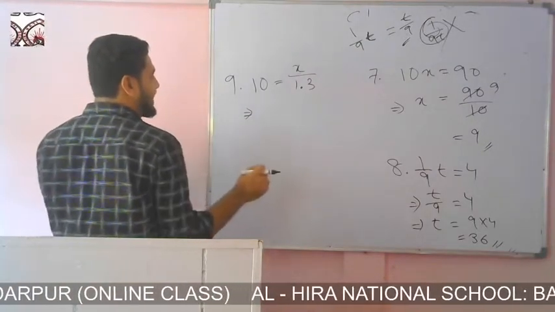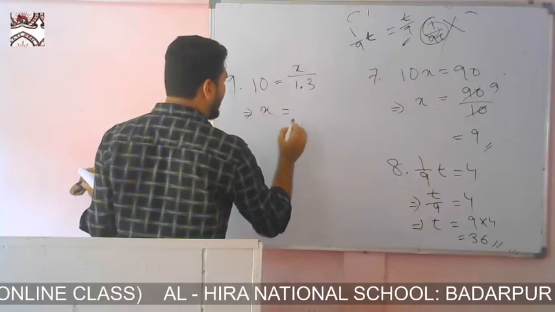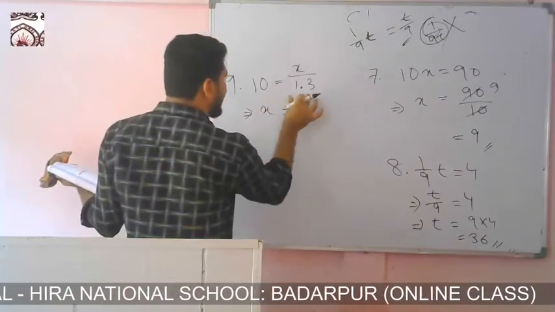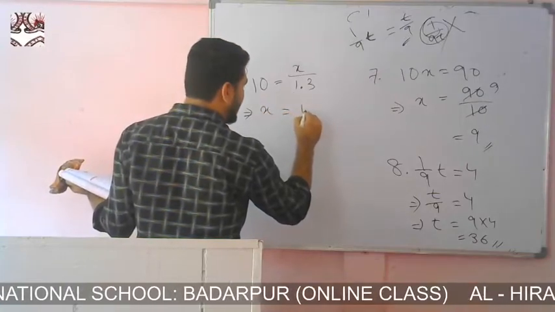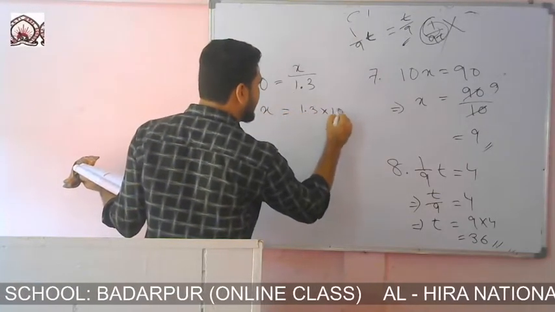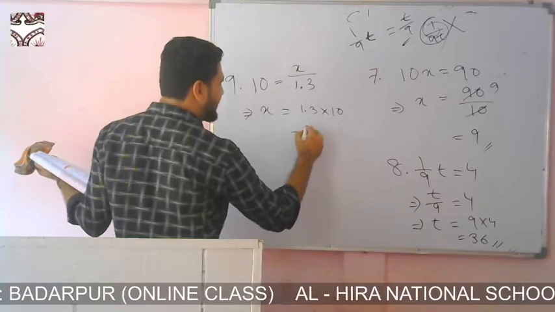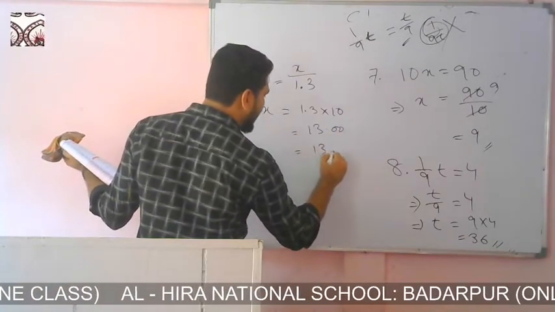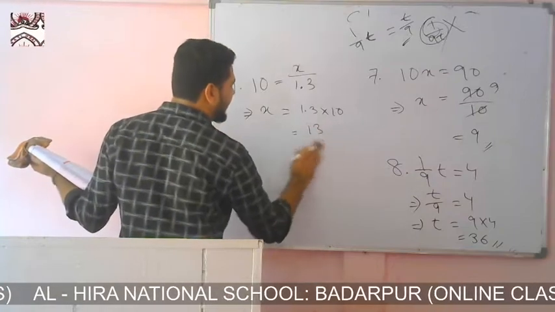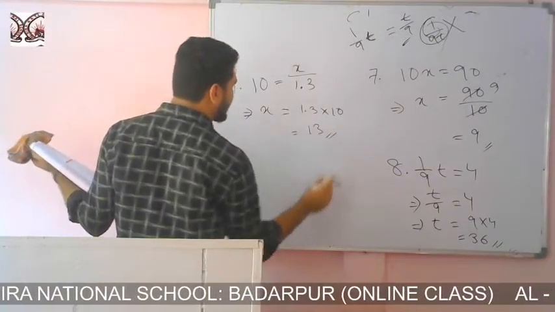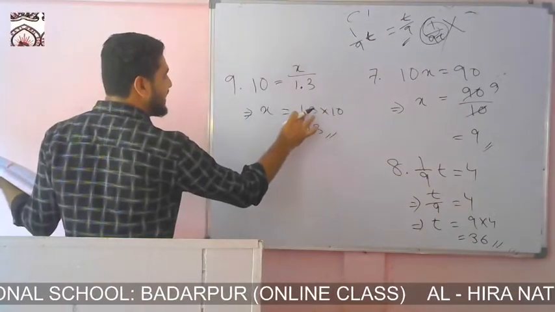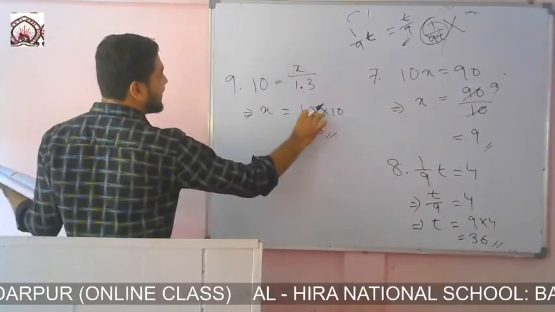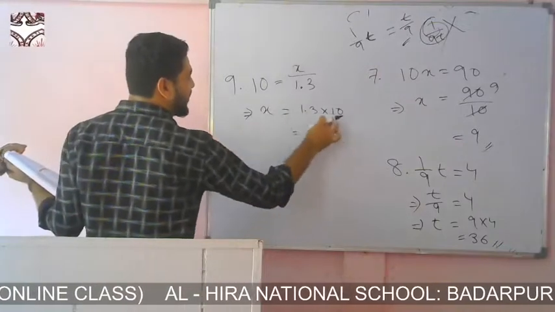And if I cross multiply, then I'll get what? X equals to what? Do you know? X equals to, I'll get x equals to 13, because if I multiply with 10, then the decimal will be shifted right to the one place. That means I'll get 13.00. That means 13. Okay. So directly you can write here 13. Okay. That is the answer. If I multiply with 10, then the decimal will shift one place to the right. Okay. Then the decimal will go here 13. And you can check by multiplication also, no problem.